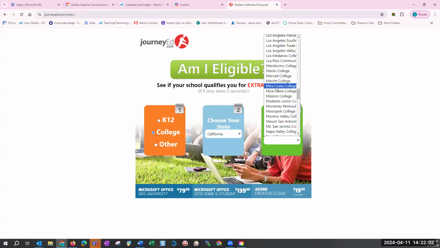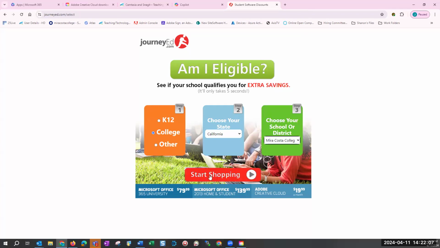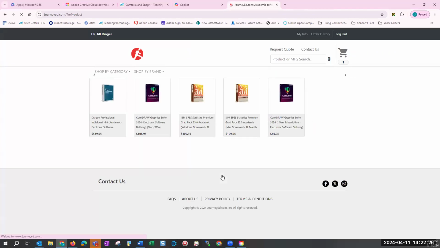But if you're having students do this, it's good to have them go through, because then you can see this guy right down here. So Microsoft Office 365 University is $79.99. Home and student is $139.99, but these are not the correct prices, at least for Journey Ed.